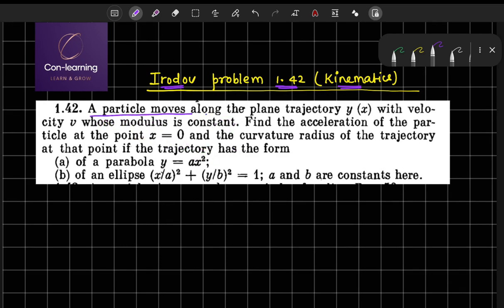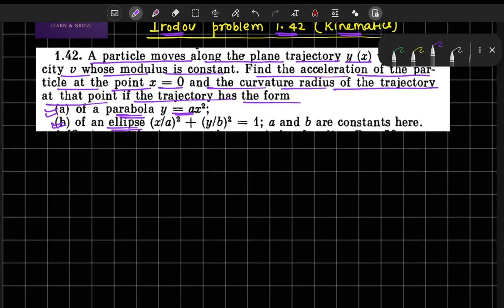A particle moves along the plane trajectory y as a function of x with velocity v whose modulus is constant. Find the acceleration of the particle at the point x equal to 0 and the curvature radius of the trajectory at the points if the trajectory has the form. In the first problem it is given that it is the parabola, and in the second problem it is an